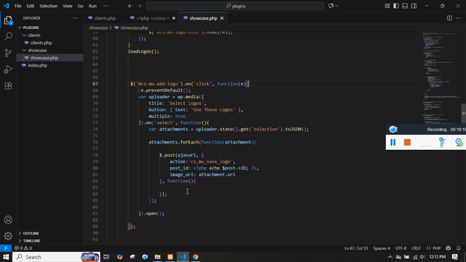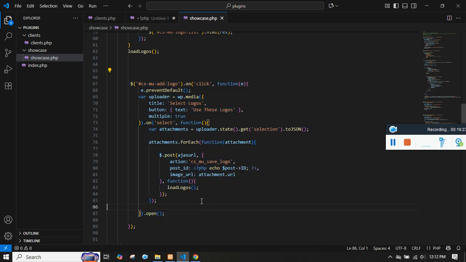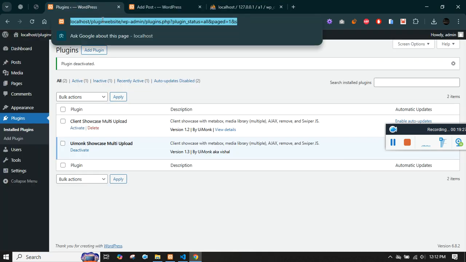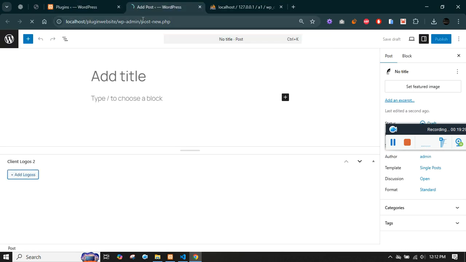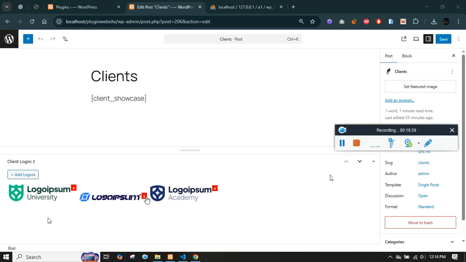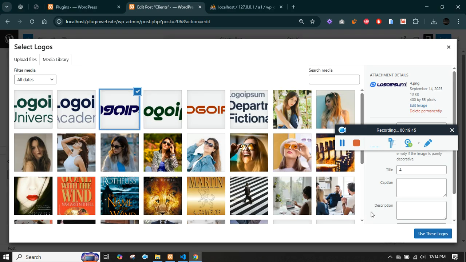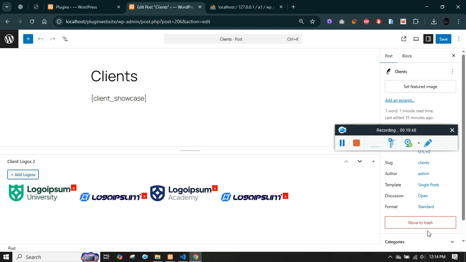And even after the selection in the media library API, I want these to get loaded. So let's refresh. On page refresh, we should see these images get listed just below the list, and you see these images which we have already added. Now let's try to add one more image,